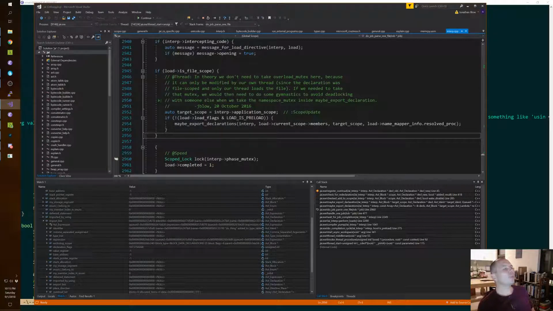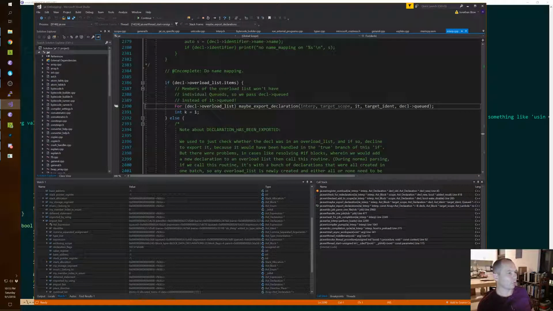So this must be iterating over one guy's overload list. Yes, right here. So when we do a using,